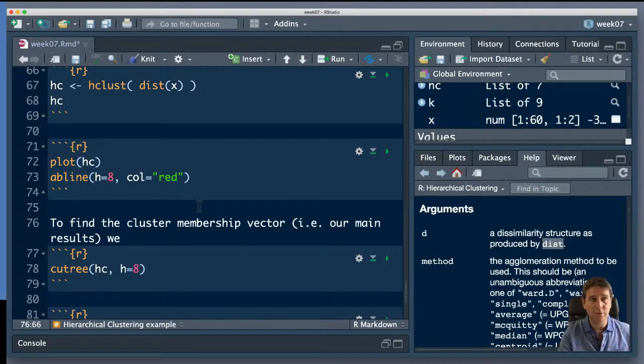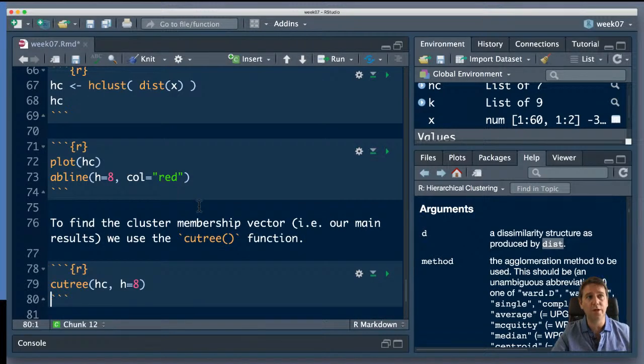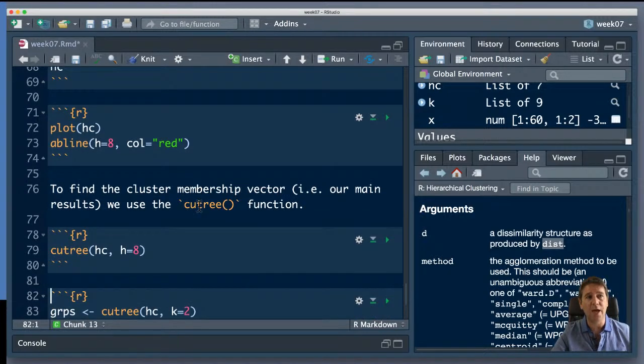We use the cutree function. I'm putting the functions, or the R code, in these little backticks, and you see they're being colored distinctly. So when it renders, I know that these are code, right? And I can use cutree in either of two ways. I can give it a height, or I can give it a k for groups. You could write a note about that. Let me render this, and as that's rendering,